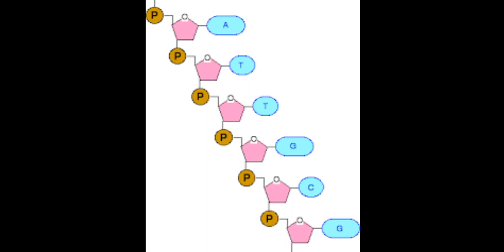This is the arrangement of nucleotides forming a helical structure of polynucleotide. This is sugar, this is nitrogenous base and phosphate. Sugar and phosphate together form the sugar phosphate backbone, and this bond is called phosphodiester bond because phosphate forms 2 ester bonds with the sugar, and in this way the sugar phosphate backbone is formed, and on the inner side nitrogenous bases are present.